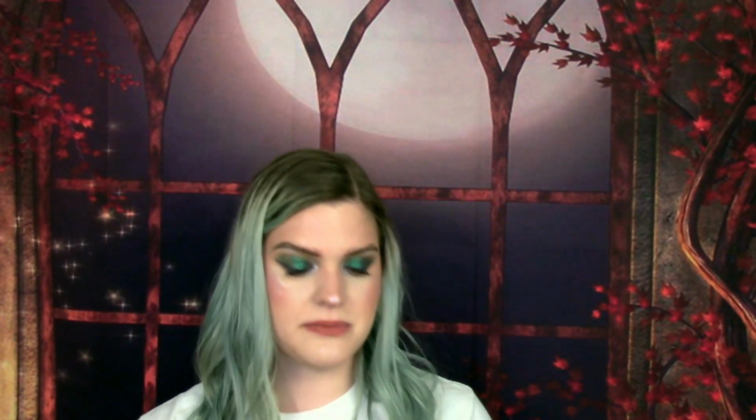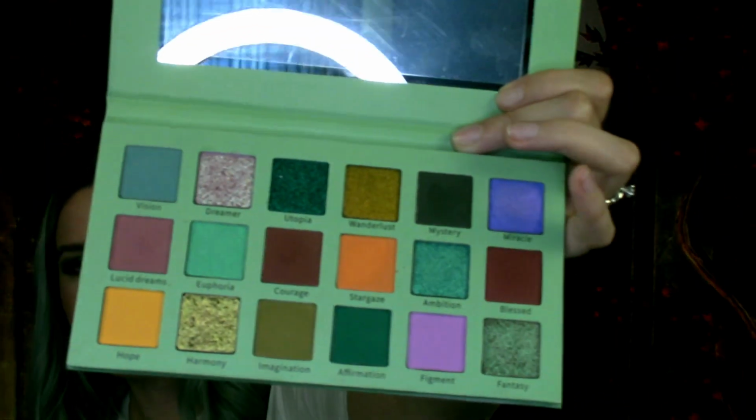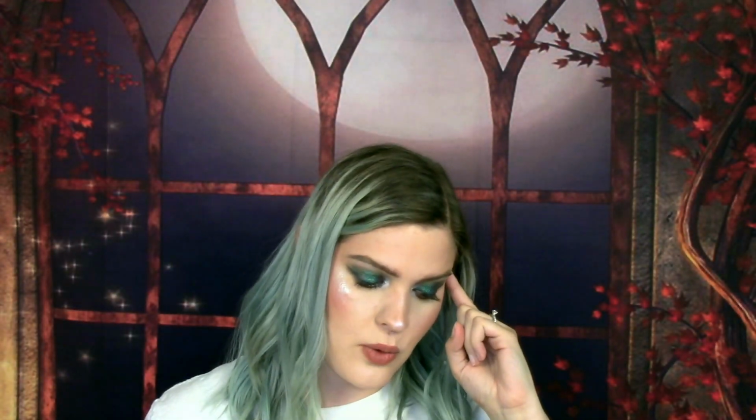It's also the biggest palette I have from the brand. But this color story is just so unique to me. And I love the textured shadows Harmony and Dreamer and Fantasy. Those are amazing. I'll actually link up in the corner if I have videos on any of these palettes,